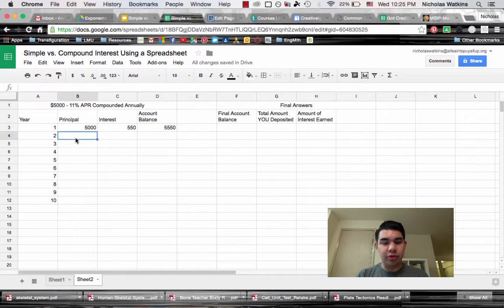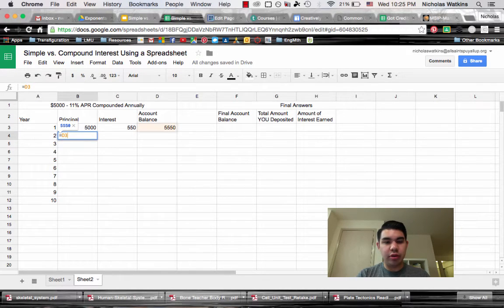So year 2, the principal we're starting out with is the account balance from our previous year. So again, think about this as how much money we end up with on December 31st. So January 1st, how much are we starting with? Same number, because it compounds at the year's end. Okay, so what we're going to do is not type in 5,550. What we're going to do is type in